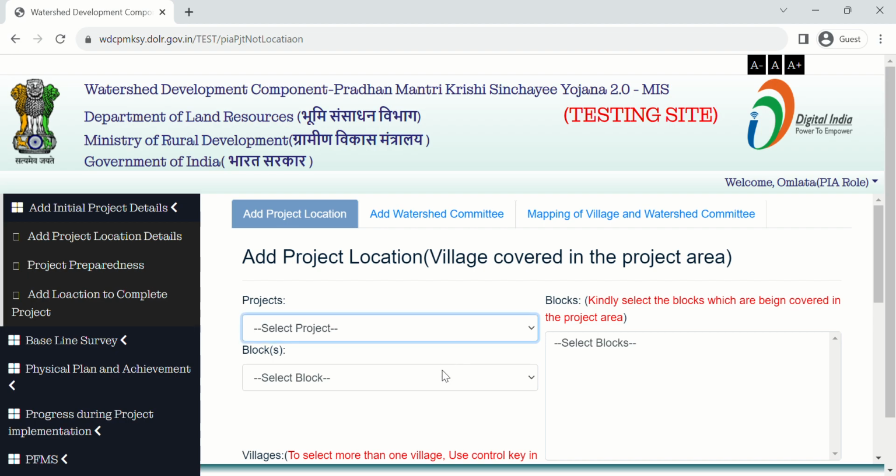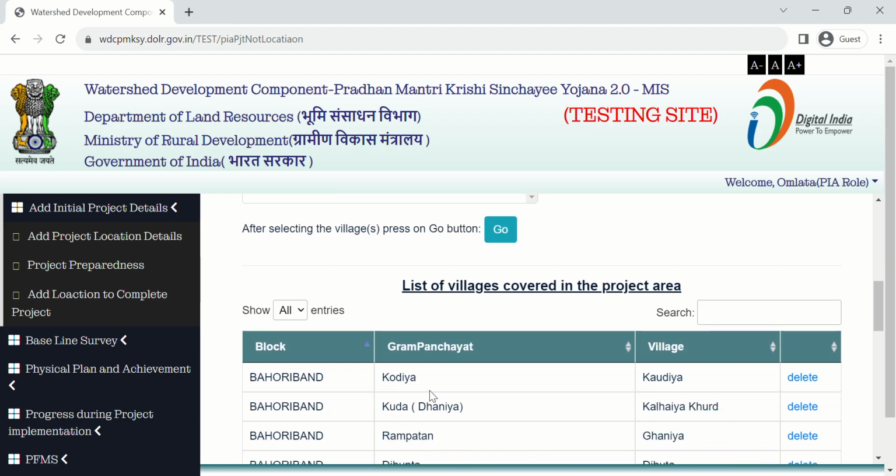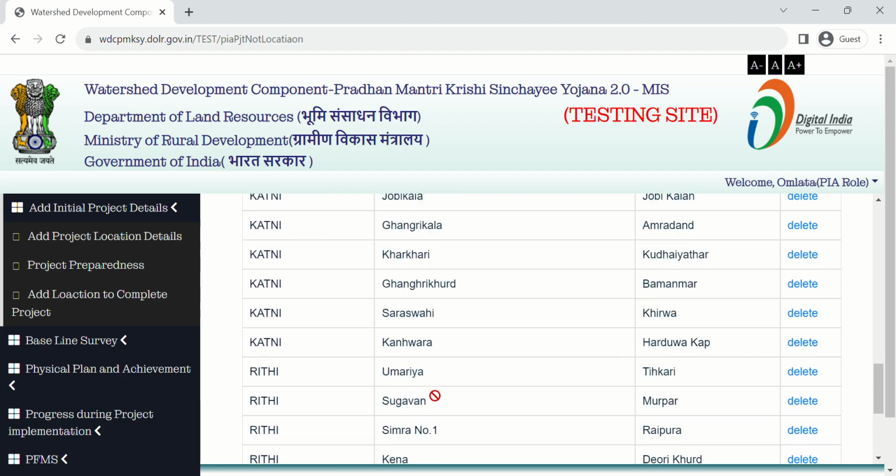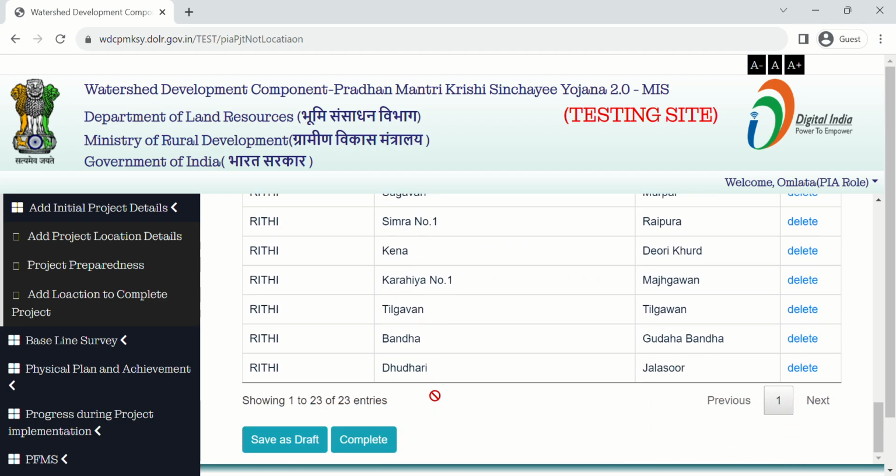Select your project name and your data which was added in draft mode you can see here. After verifying the data, you have to click on complete button.